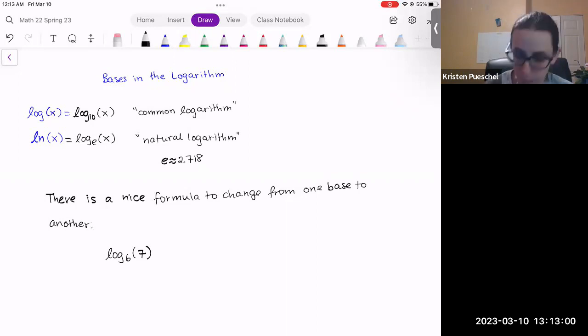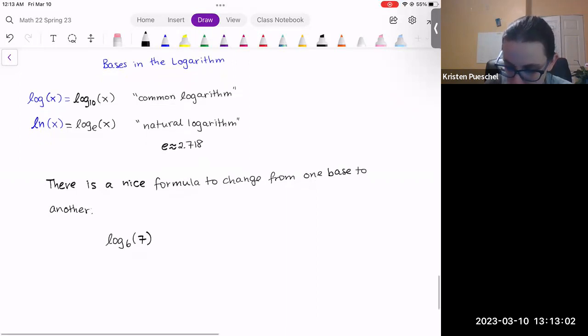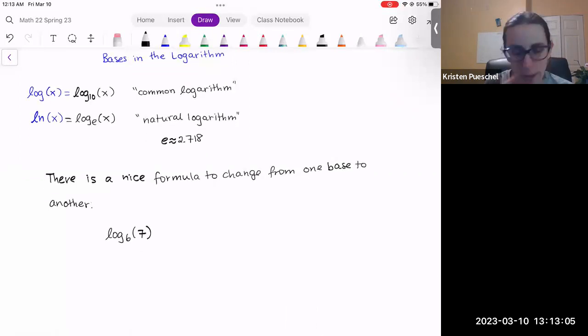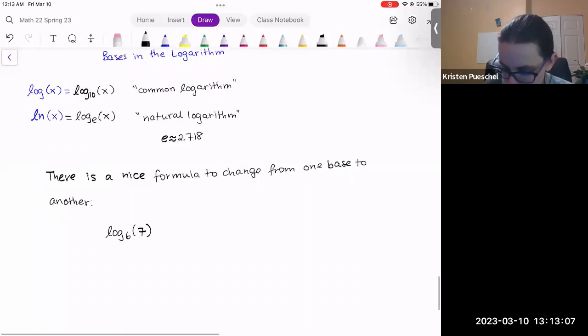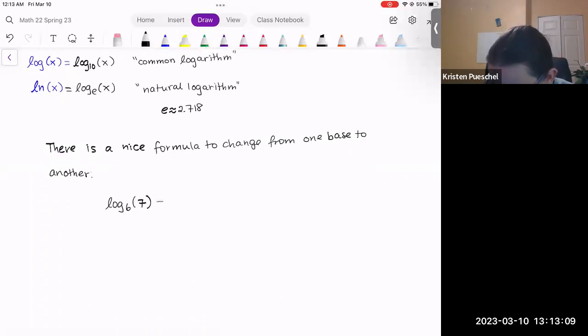Okay, so let's take a look at an example to see how this goes. If we have the log base 6 of 7, I'm going to call this x. So what this is saying, let's translate it into exponentials. This is saying that 7 is equal to 6 to the x, and we want to know what x is. Okay, so in this format, we still don't really know how to find out what x is. But what we can do is